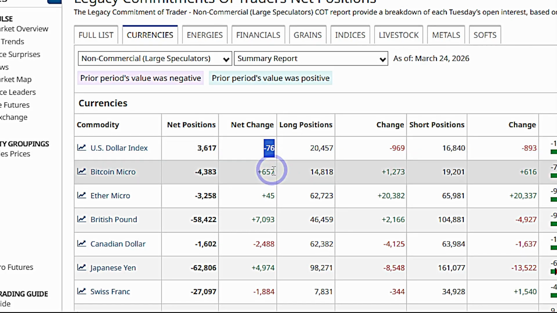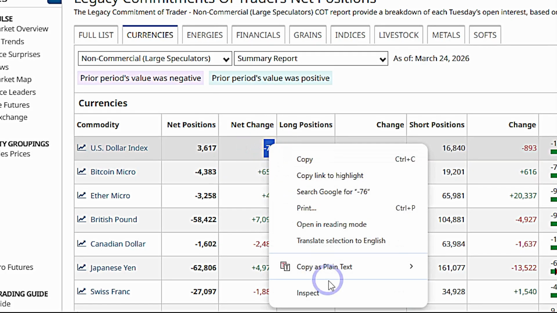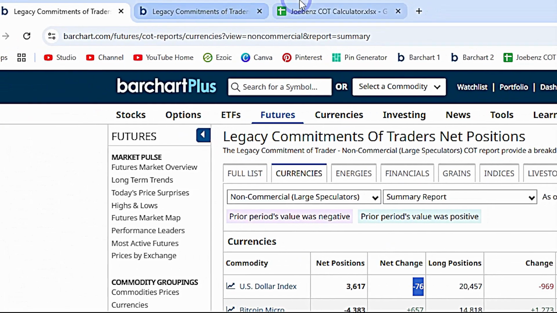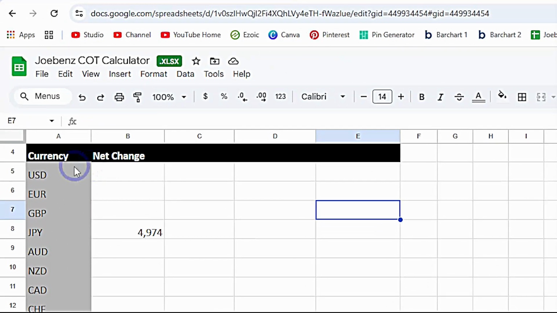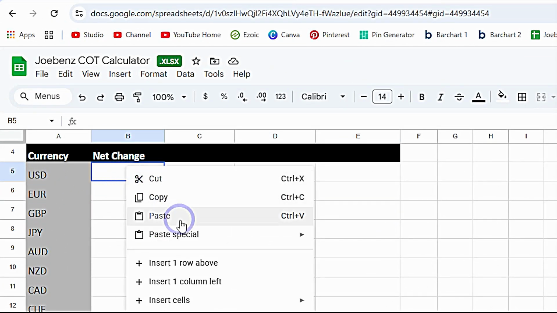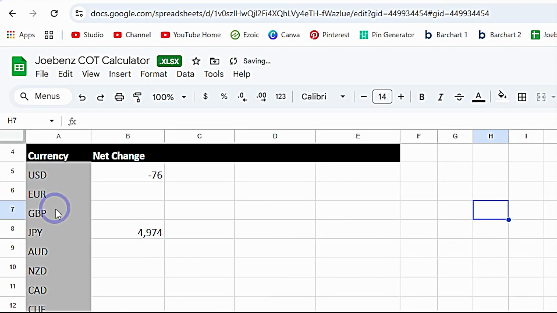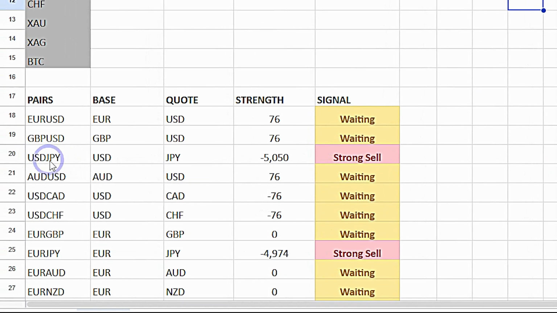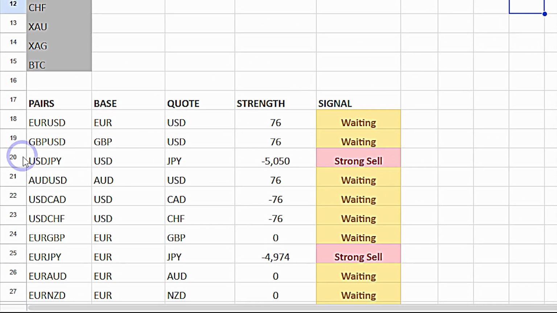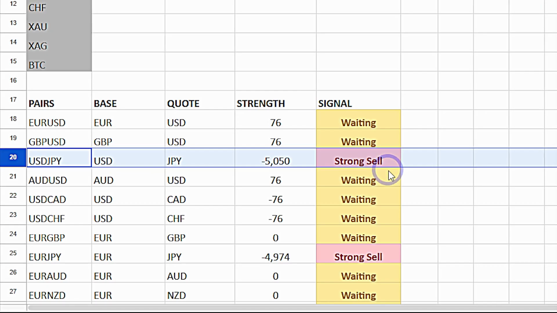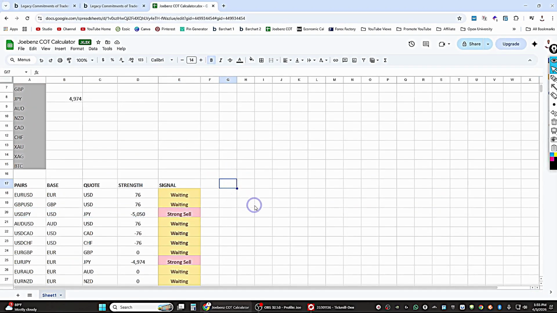Okay. So what am I going to do? I will go here, right click. I'll copy as plain text. I'll go back and I'll go here under net change under USD and I'll paste this right there. And I will be looking for USD/JPY and see what happened. So here you're going to see that we're on USD/JPY. What did you see? We have a strong sell here on USD/JPY,